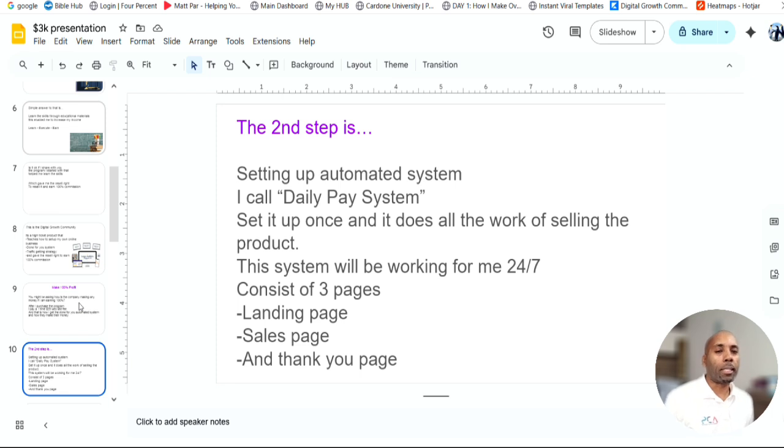So step 2 is setting up an automated system I call the daily pay system. So I set it up once, and it does all the work of selling the product, and this system works for me 24/7 non-stop. And what it consists of is basically 3 pages. It's the landing page, the sales page, and the thank you page. All right, and with the legacy builder that I am promoting, it has all these 3 pages already set up. All right, all I have to do is